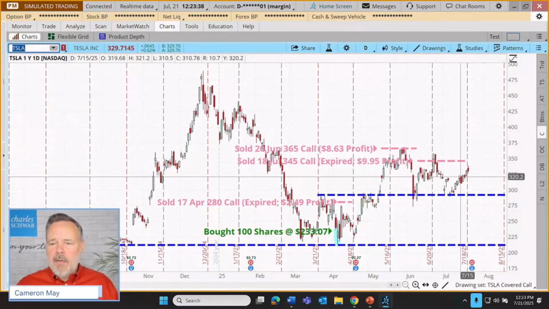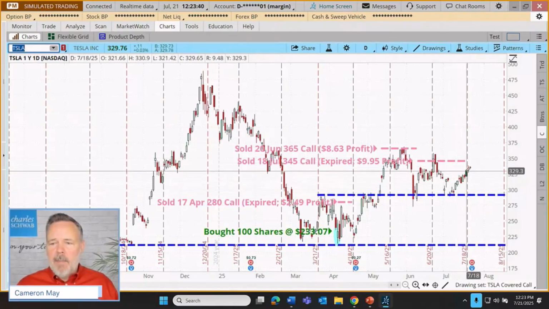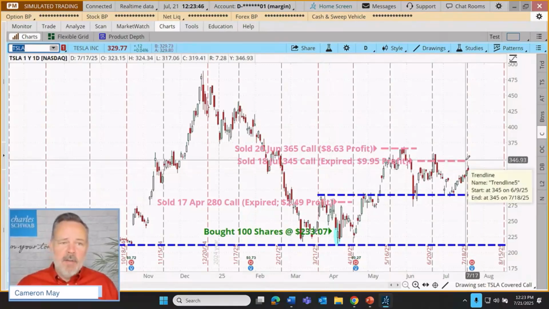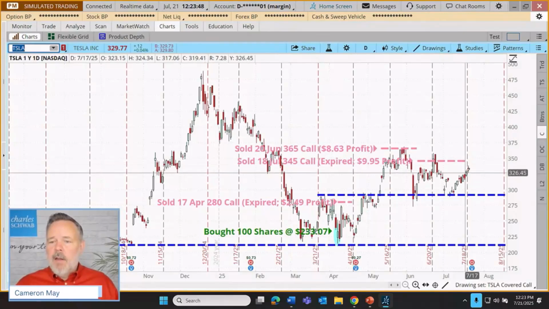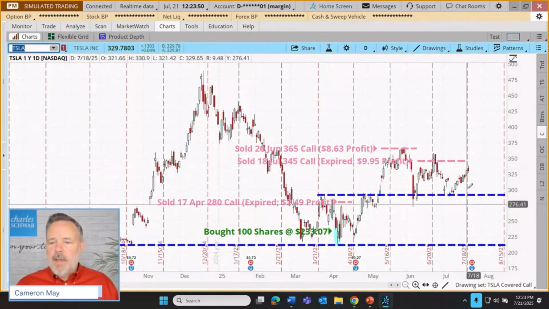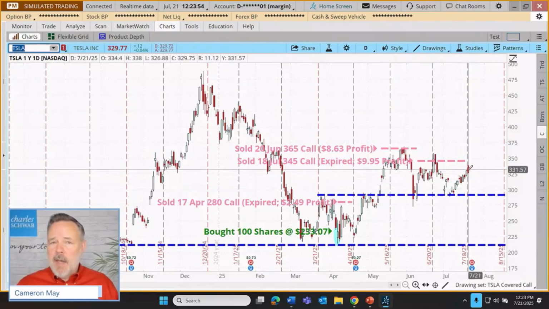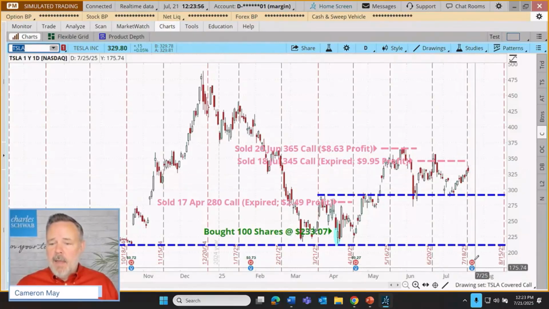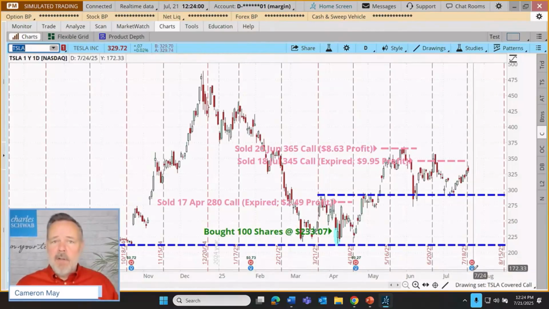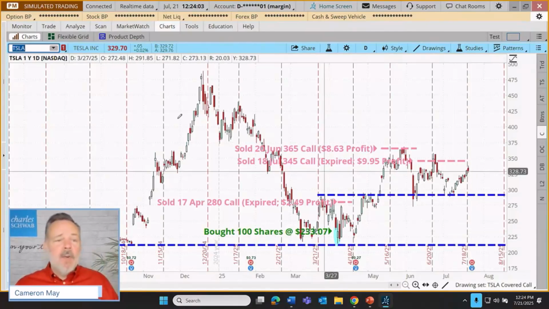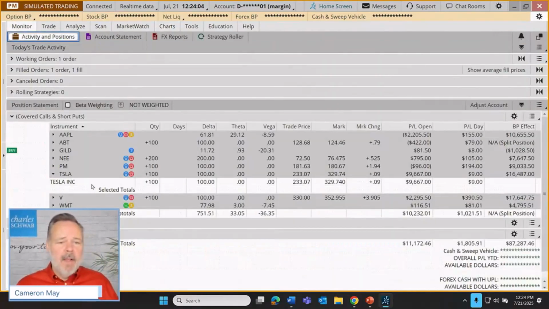That expired. You can see our stock was rallying up, but we are still a few dollars, actually more like $20, out of the money. That expired worthless. And now the trader, if they're looking to retain the stock, may want to be aware that there's an earnings announcement right around the corner, and decide whether they're going to sell a covered call against that or not. I'm not going to. So we're going to leave Tesla alone.